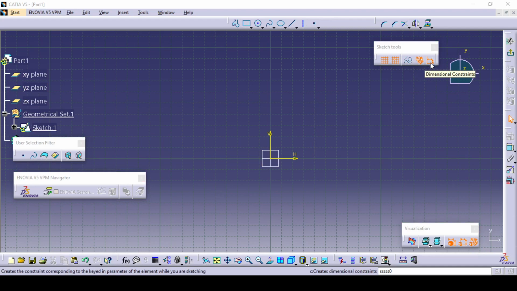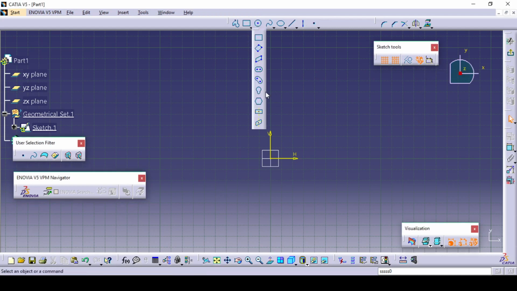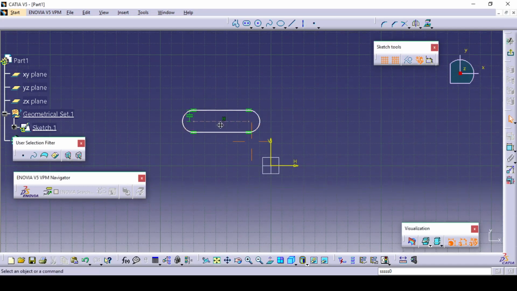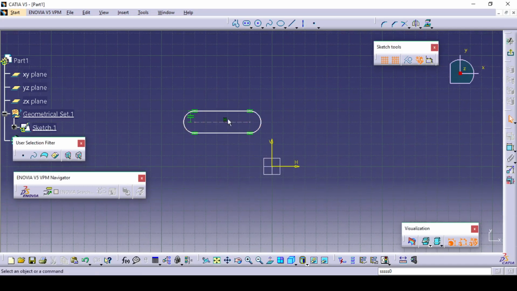The other option over here is called dimensional constraint. First of all, keep it off. Now you can see that it is off. If I select the slot command, which is called elongated hole here, while inside SolidWorks it is a slot, and I try to draw the slot, you can see that the geometrical constraints are inserted, like horizontal, equal, parallelism, and here tangency.